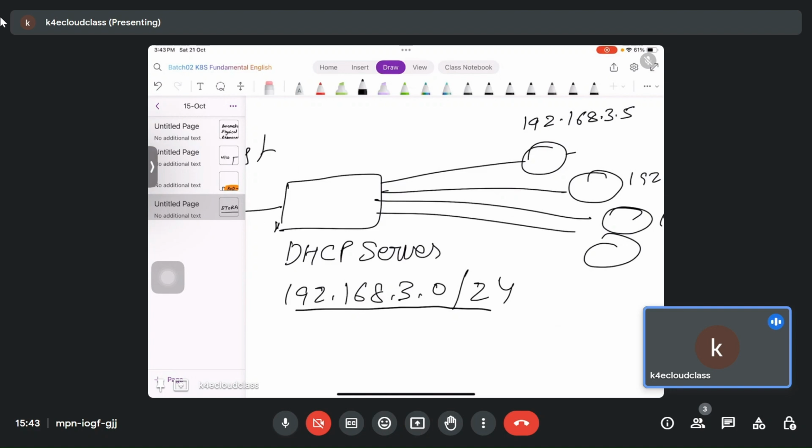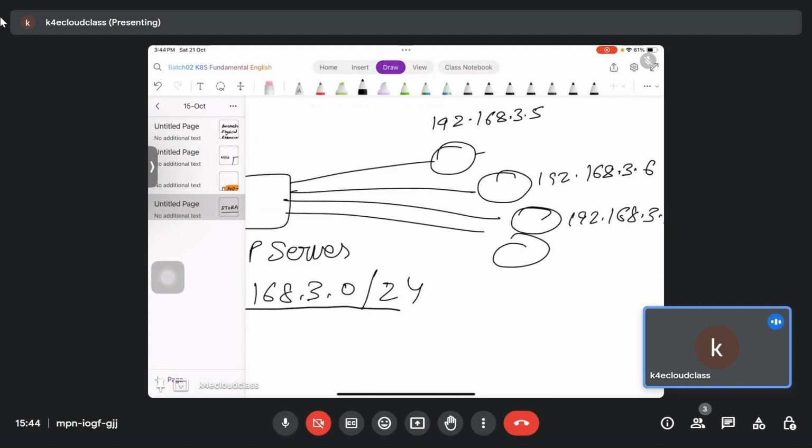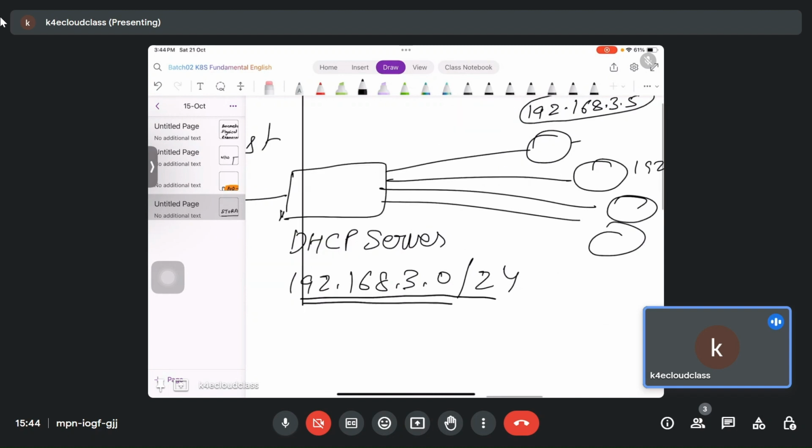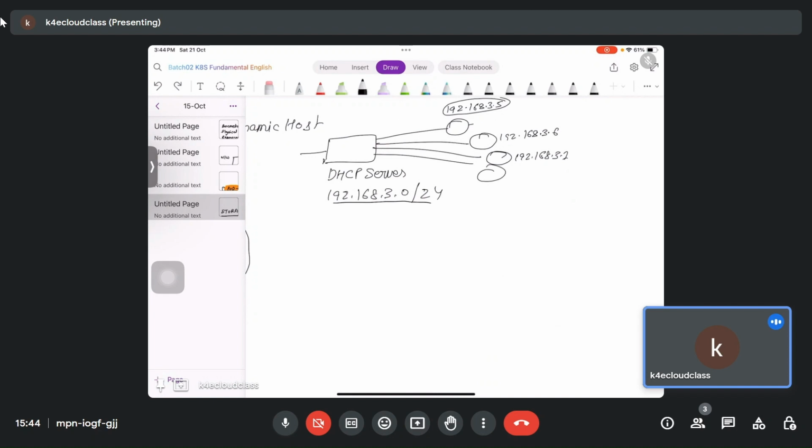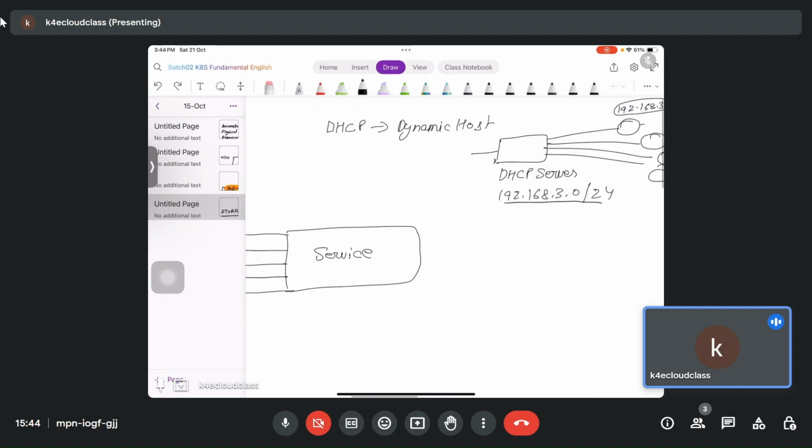So in the Kubernetes cluster, there is a DHCP server. Whenever a pod is launched for the first time, it will talk to the DHCP server and ask for an IP. And this will give any dynamic IP available from the pool. Based on the IP which is available, it will provide an IP. So you don't need to be bothered about these IPs changing at runtime,